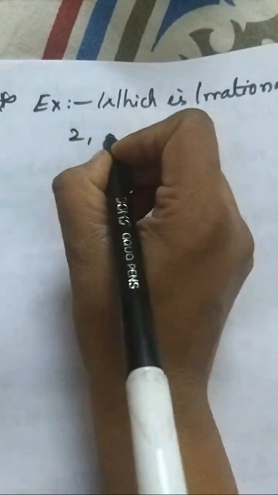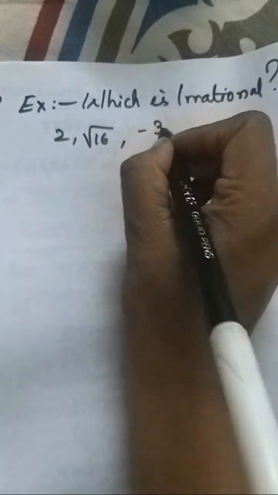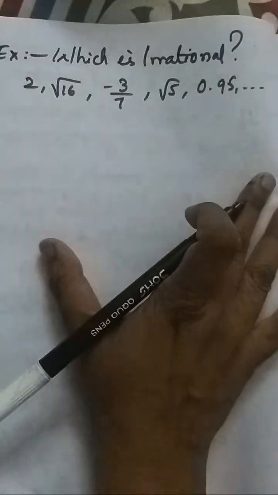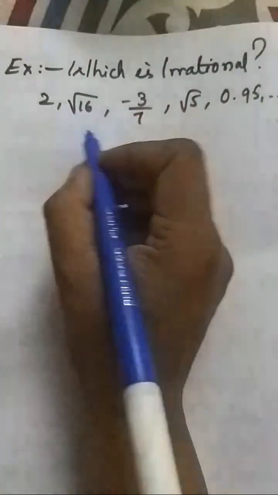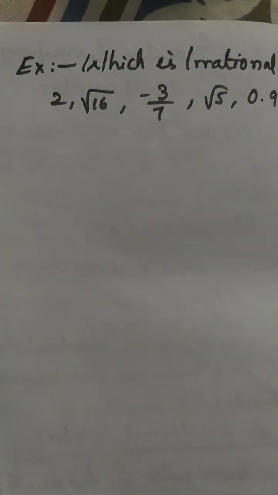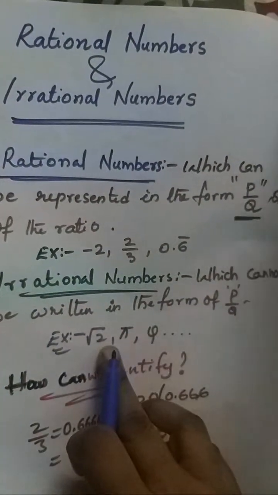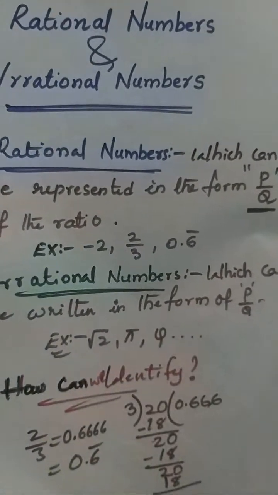Given: 2, root 16, minus 3 by 7, root 5, 0.95, and so on. Okay, now this is given. If you have to answer which number is irrational, we will say root 16 and root 5, because root values are irrational numbers. Okay, I have said already the irrational numbers are root values, pi values, but